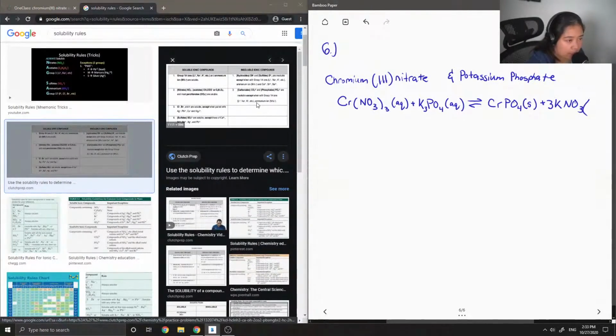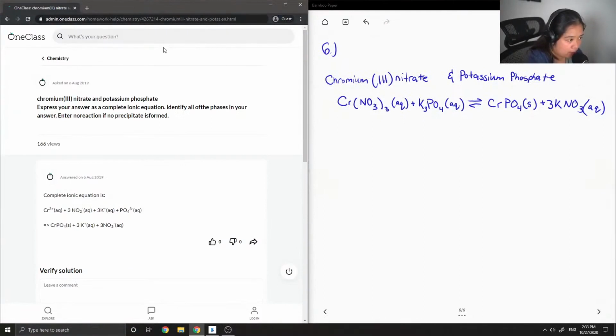So let's look at our potassium nitrate. Group 1A ions such as lithium, sodium, and potassium are all soluble. And same with nitrates. So we know that this one will be in its aqueous form. So now that we know